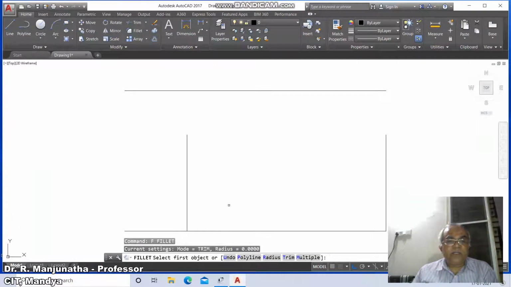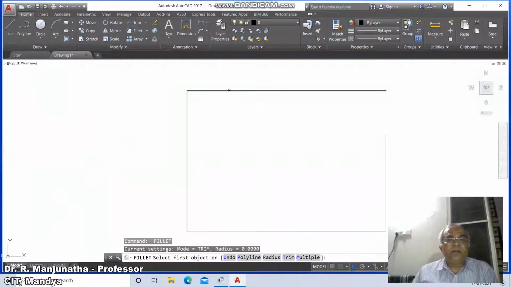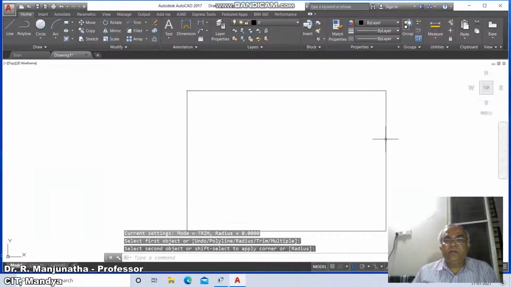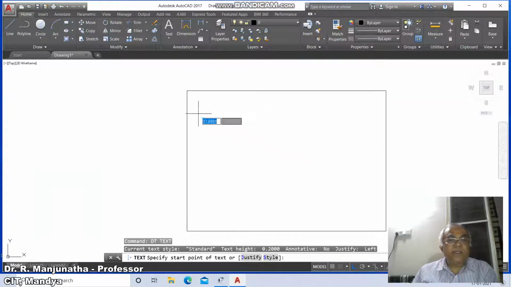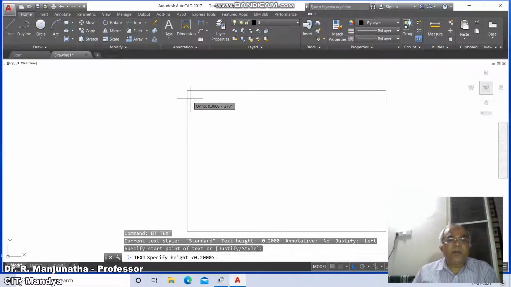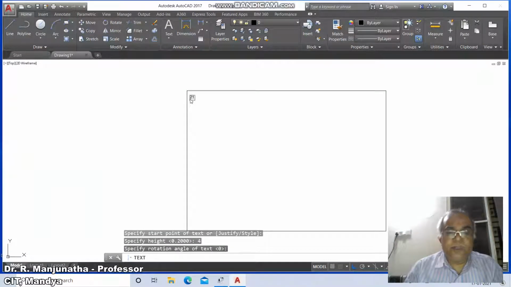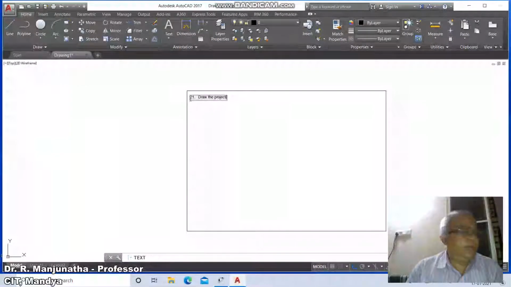Now go to fillet, select this vertical line and this horizontal line, select this vertical and this horizontal, select this horizontal and this vertical. Now we'll go for the text. Go to start point here, go to the text, select start point, take the height as 4, rotation angle as 0. So go to 21, problem number,